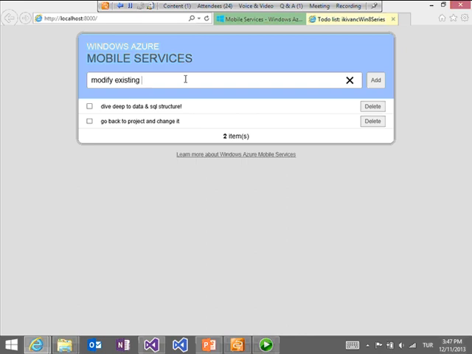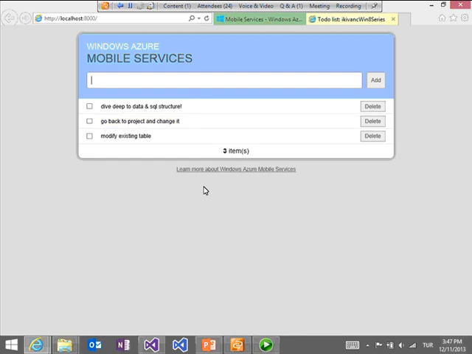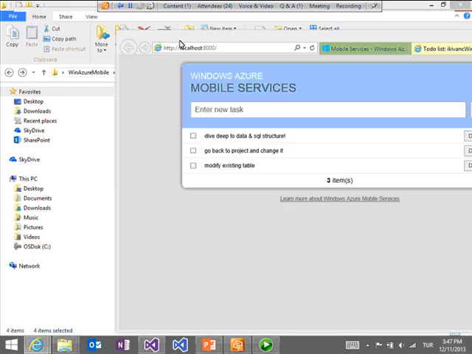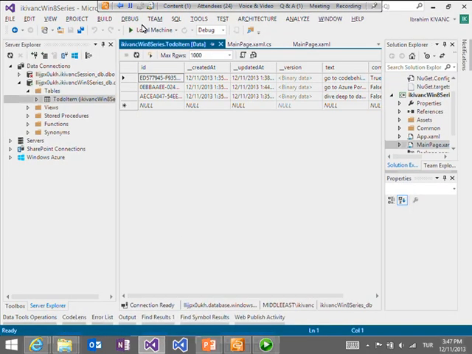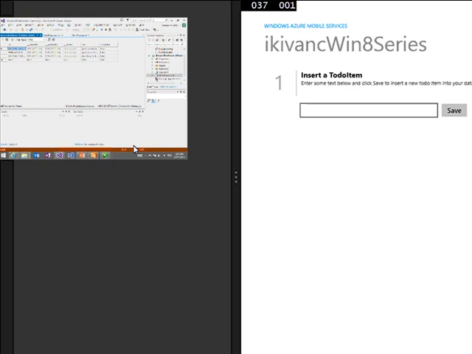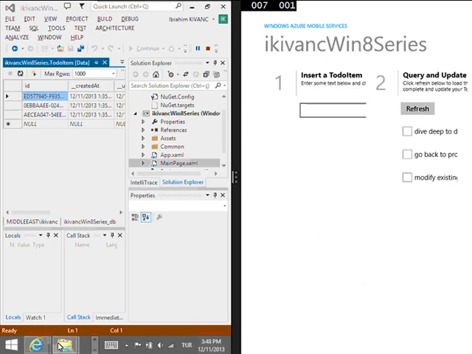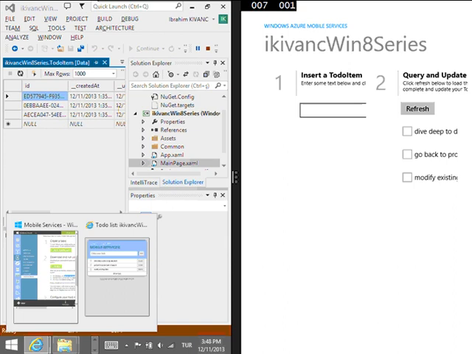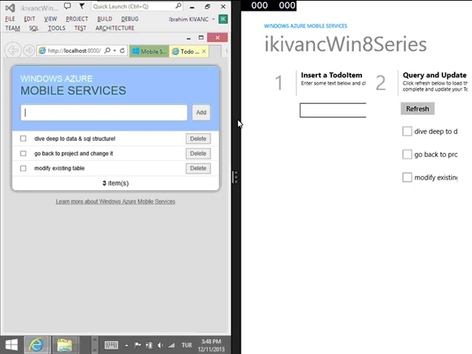existing table. So these are my other to-do lists. And then the good thing is whenever I make some changes, it will appear in my application as well. So whenever I run this project, the good thing is I can see it in here as well. Everything will be here, and whenever I go back and run my desktop again, everything will be here. So the good thing is you need to add one by one, and you need to